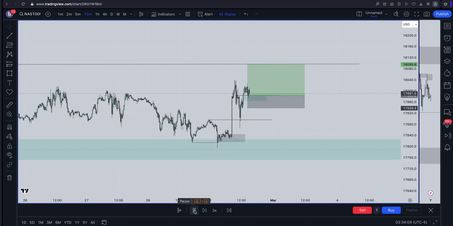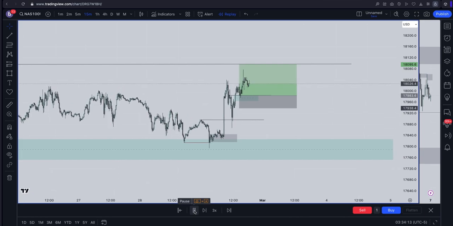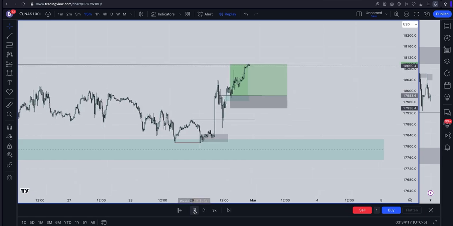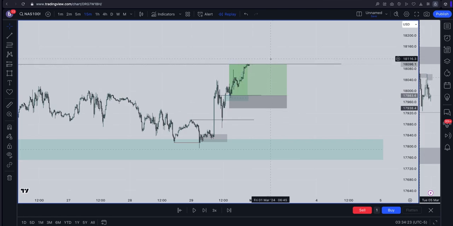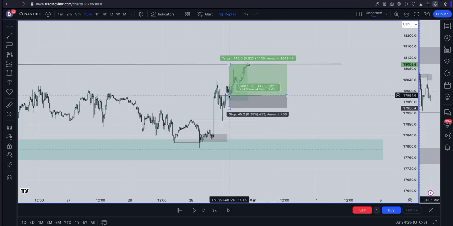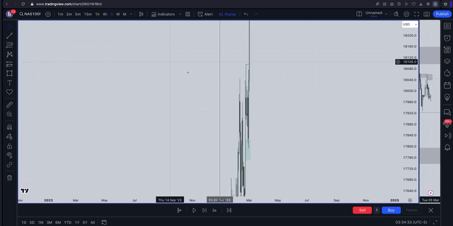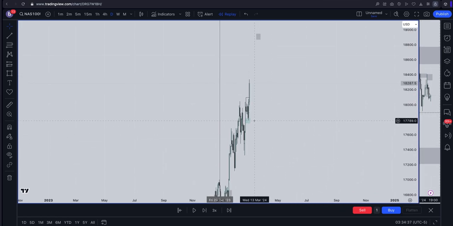So yeah, this is how you catch this, and you let it ride. As long as you already identify your draw on liquidity, you count how many points yourself. So this is it for time frame alignment. You can see the way I was aligning the time frame. If you also go on daily, on weekly, it's all the same thing. Trust me, it's all the same thing.